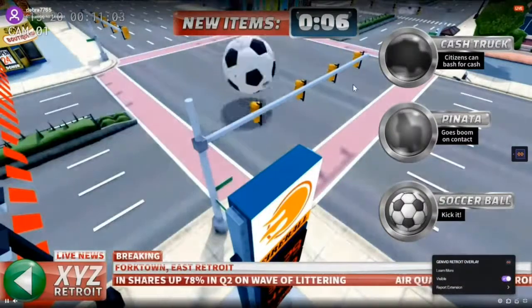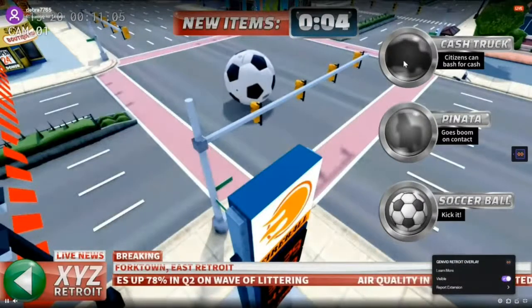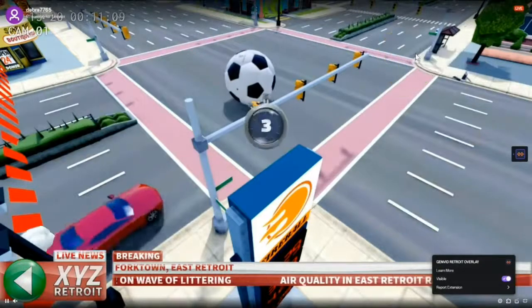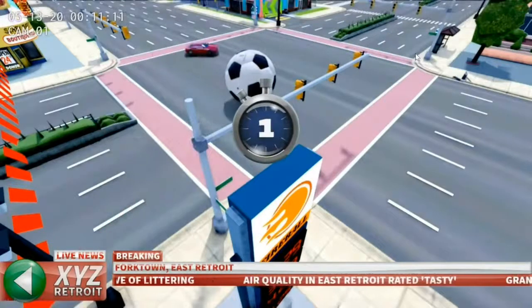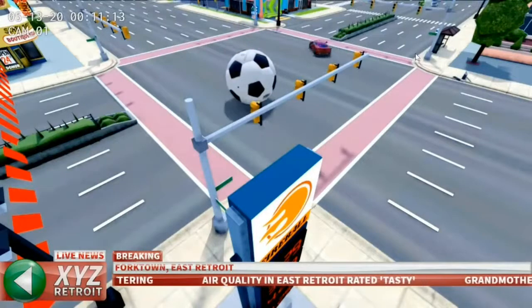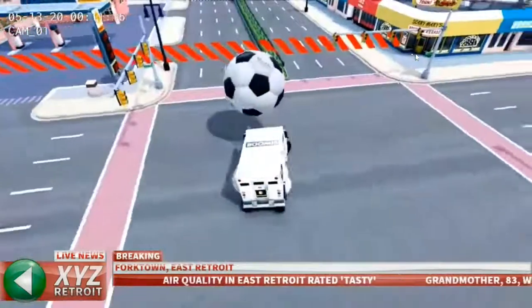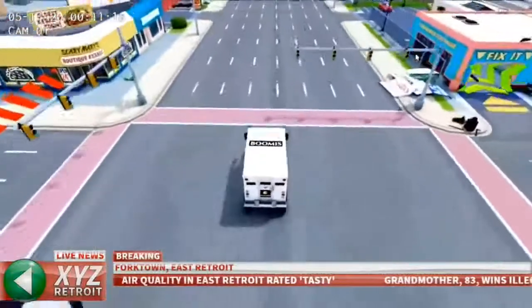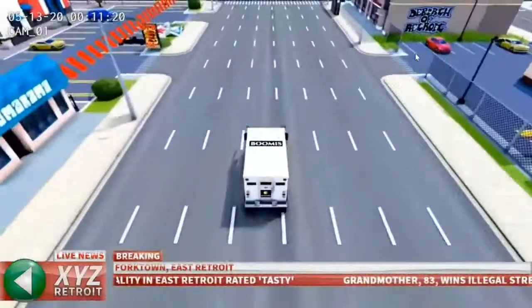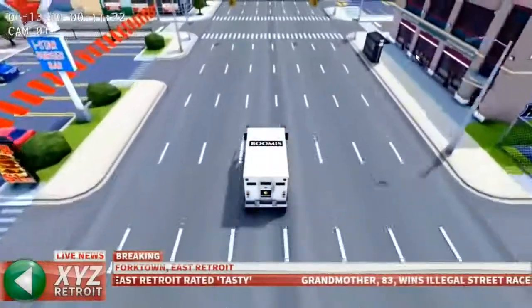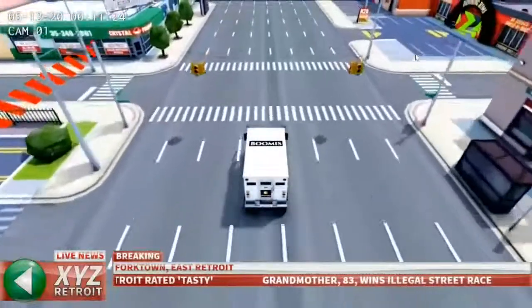Perhaps the more engaging and interesting thing that can be deployed in the game is this cash truck, because not only can we follow the cash truck around town and begin to check out some of the amazing art that the developers put in, but this is an element that attracts players because when players actually hit the truck, they earn money and that helps them level up their game.